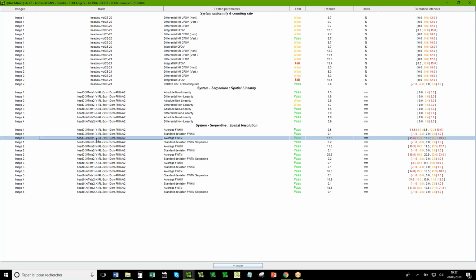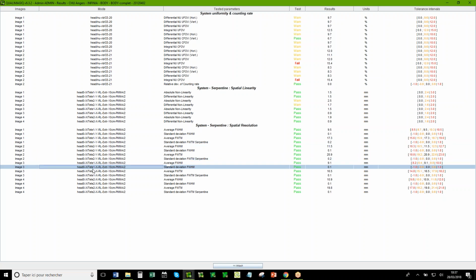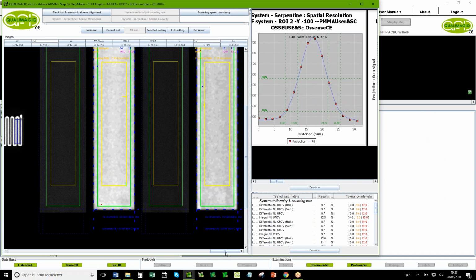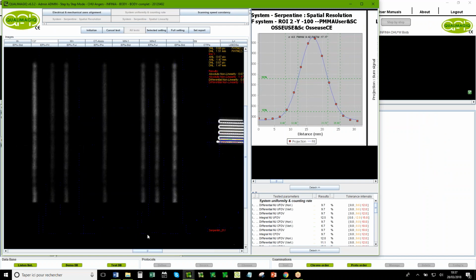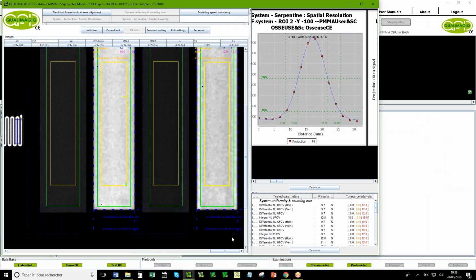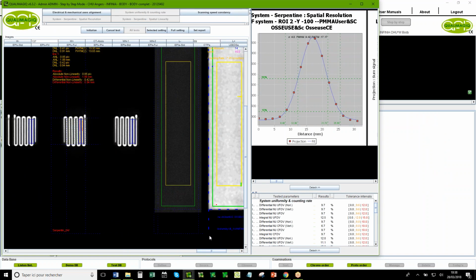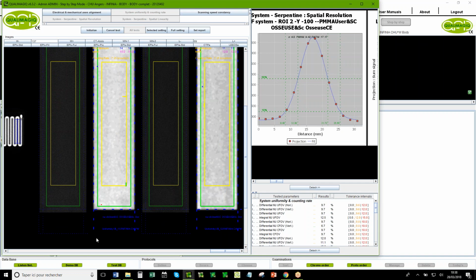And here for the uniformity, one head, and here they test two heads in the two directions. So this is very easy. After the planar mode, to see the body mode is strictly the same method. For the uniformity of the system, it's only the size of the field of view is really bigger than before.